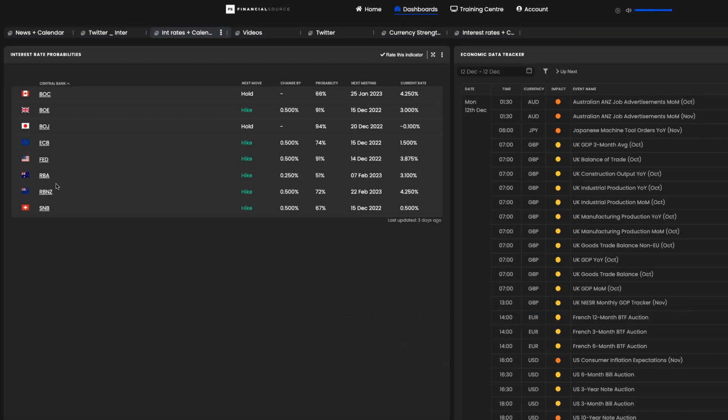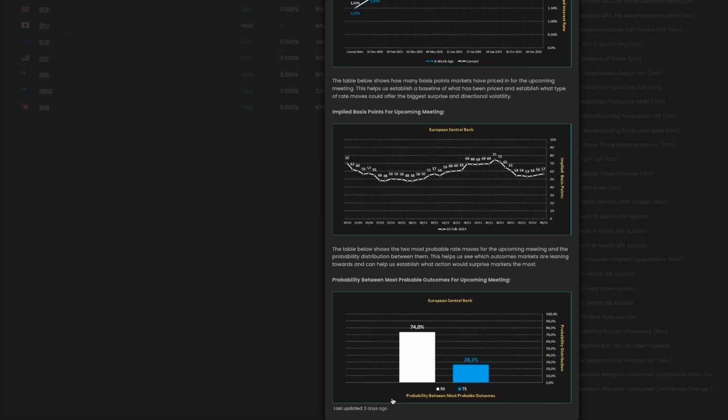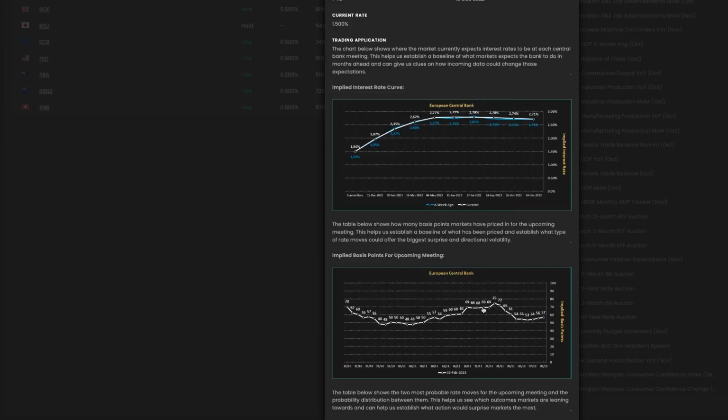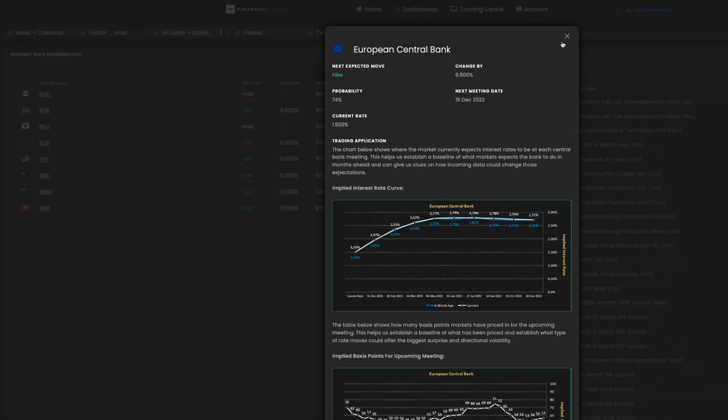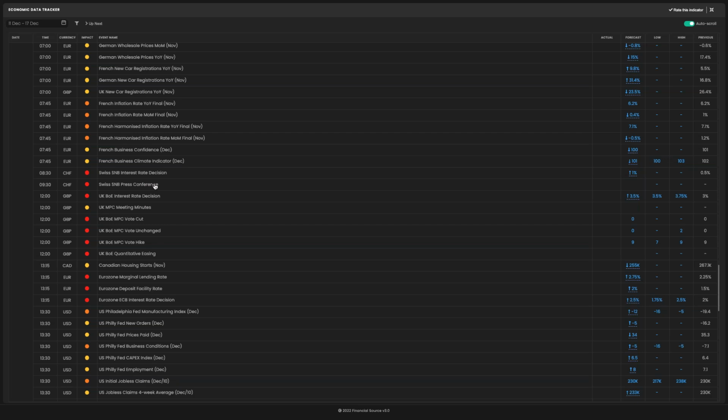Then not long after that, we've got the ECB meeting. Again, the ECB's turned a little bit more dovish recently, with a 74% chance of a 50 basis point rate hike. So that's what's expected. And the outlook for both the Eurozone and the UK is pretty bleak. So I'm expecting projections for recession for the UK. At the last interest rate meeting, there were seen to be 5 quarters of recession ahead for the UK.